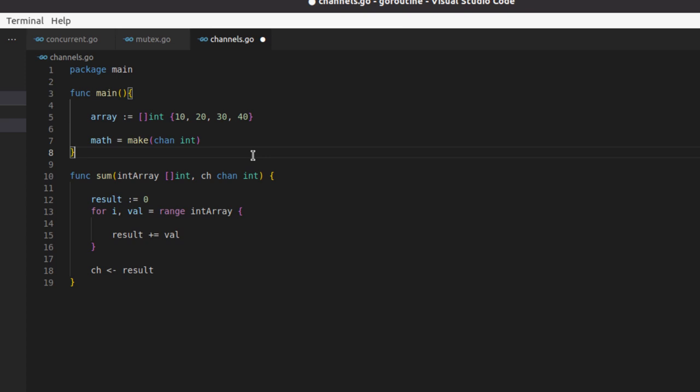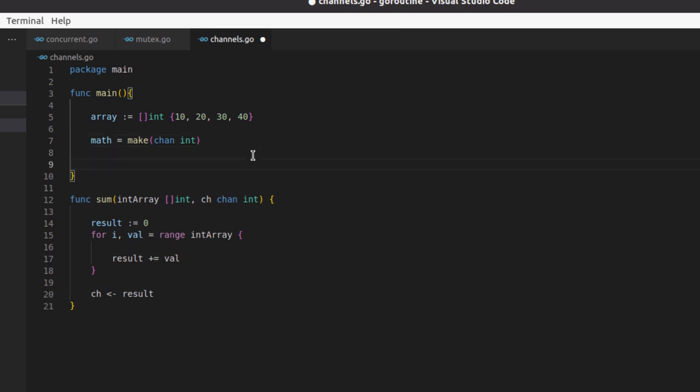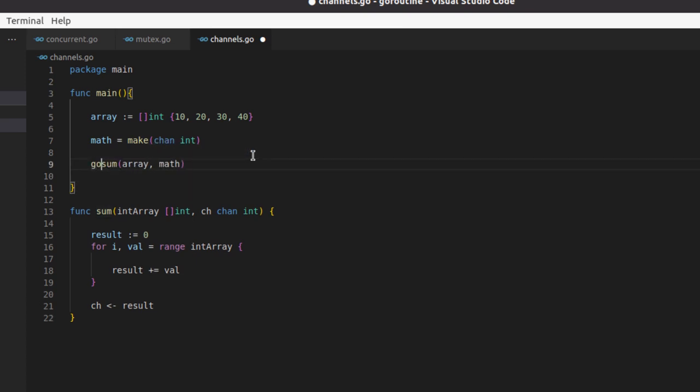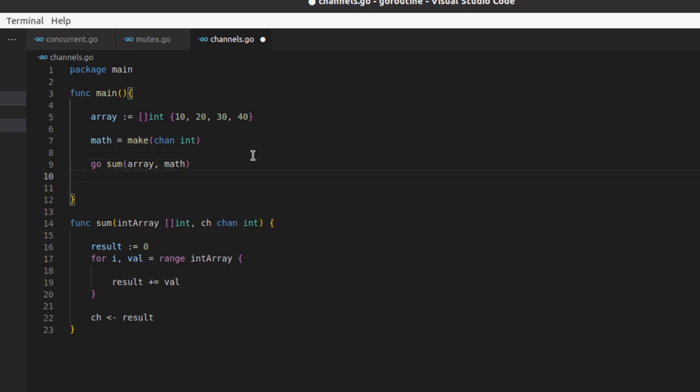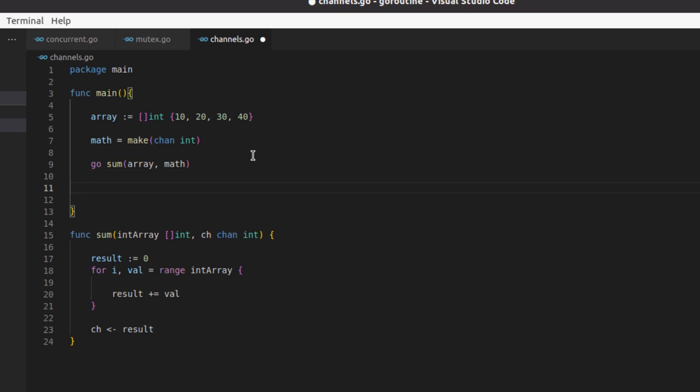And now coming back to the main method, here we will execute the sum method. So we will say sum, and I will pass the array and the channel, which is the name, right? And I want to execute this in the background in a separate process. So I'll write go. And then what I can do is I can access the channel, the maths channel,